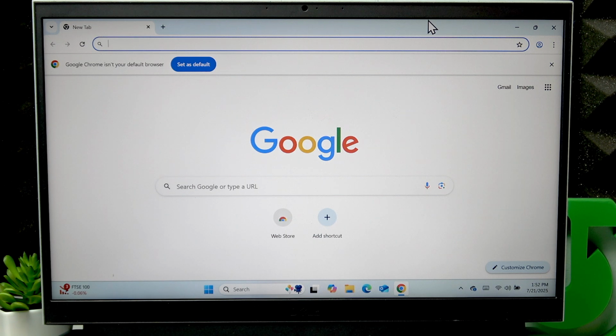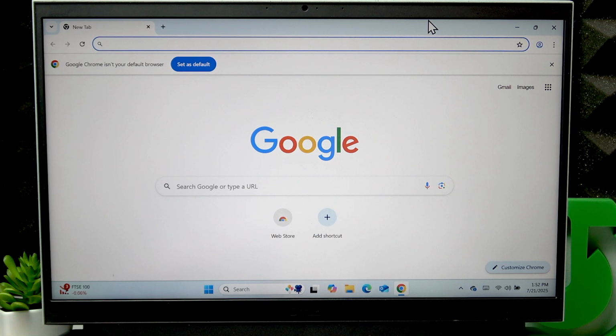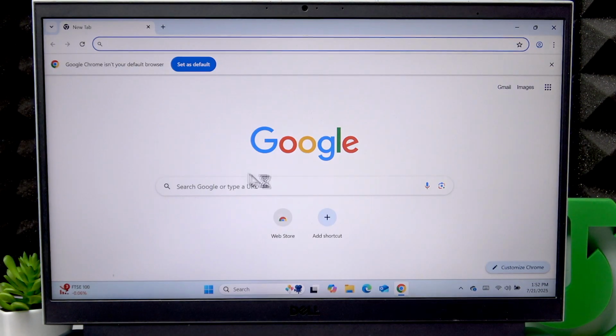In such case, you'll have to press a combination of 3 keys, which are CTRL, ALT and DELETE buttons. So press CTRL, ALT and Delete simultaneously, and if you see this screen in front of you, that means that your laptop must be frozen only partially, and to unfreeze it you simply have to select Task Manager,